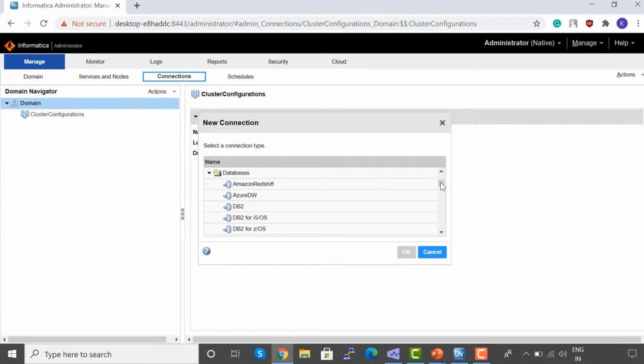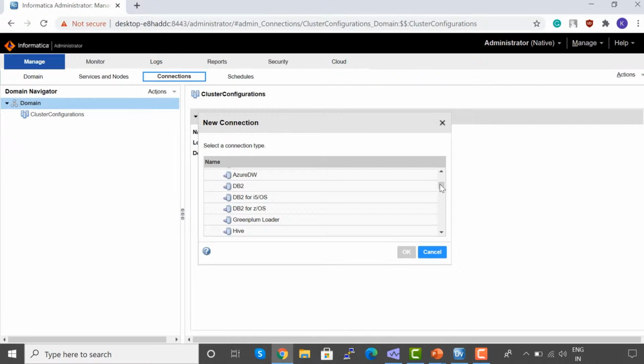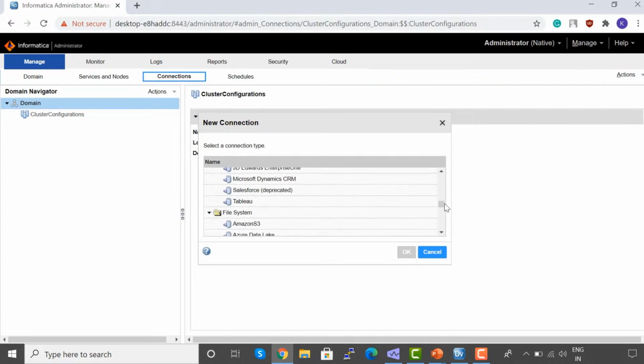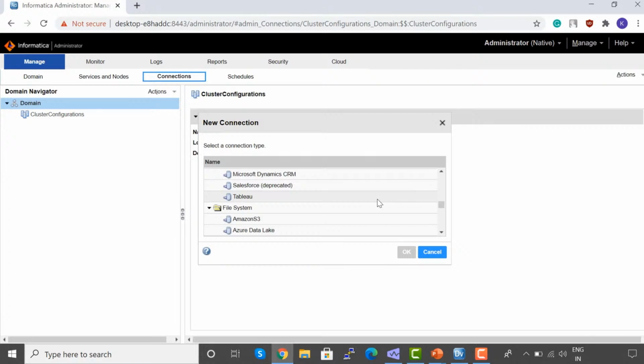Yeah, so the first two are warehouses: Azure data warehouse. Then there is DB2, DB2 for i5 OS, DB2 for ZOS, which is a mainframe operating system. Then there is Hive, JDBC, ODBC, SQL Server. Then there is Tableau,